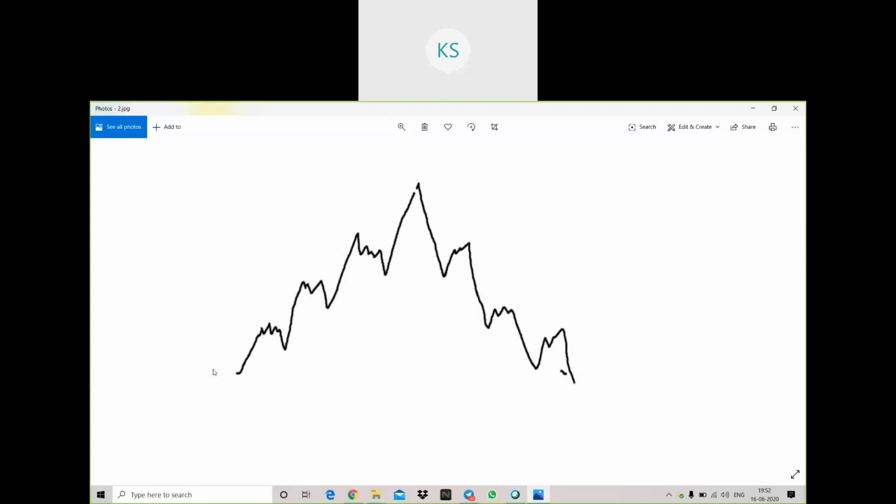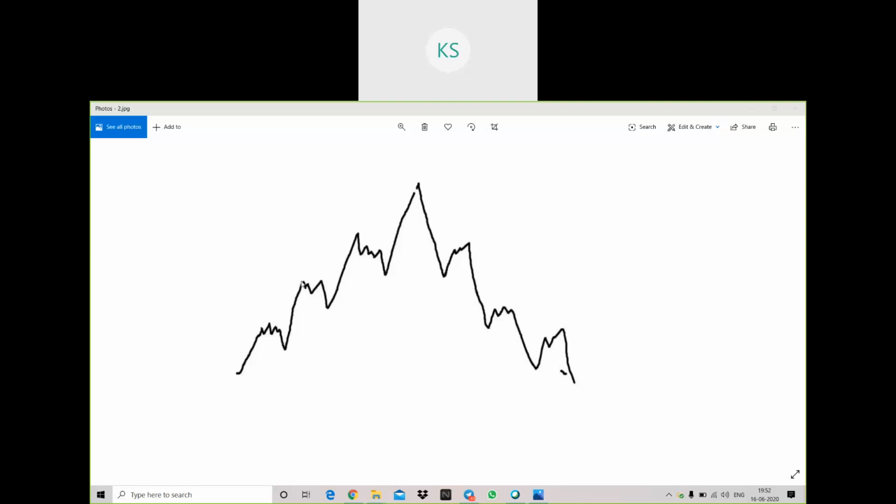See, whenever a stock is moving, it will have three movements. For example, see here, the stock has started an upward move. It has gone up, then there was some halt and no movement here. Only in a small range the stock was moving in zigzag. Then it went downward, then again it went and made a new high. So from here it started, halted here, then went in a downward direction before going up.